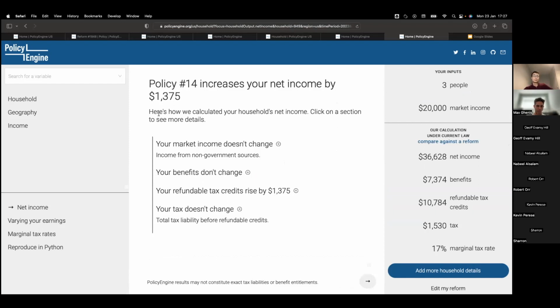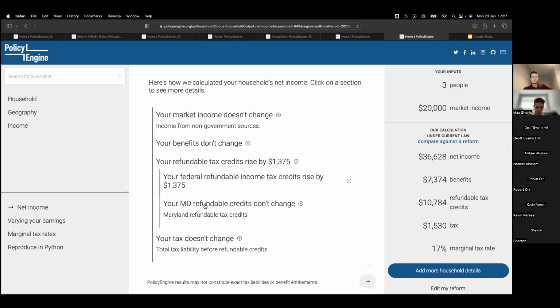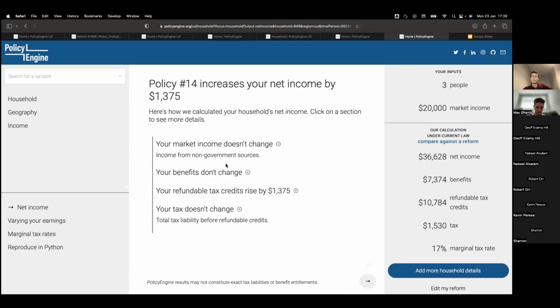We can see the breakdown, and what's happened here is all of these components which used to add up to the total are now telling us the actual change. So your refundable tax credits rose by this much, your state tax credits didn't change, and your tax didn't change. So that's why your net income rose.